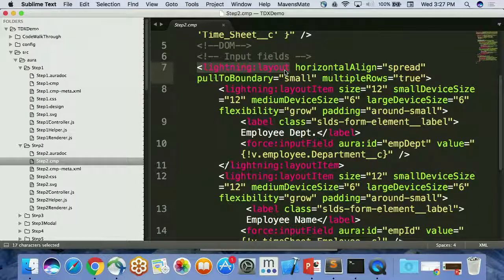So Lightning layout is a standard component that we provide to build and position your UI without you having to worry about where it goes. It will be responsive by itself. It uses Lightning Design System classes by default, and you don't have to even invoke those classes. Just use Lightning layout, and whatever you put as a Lightning layout item. For example, in this case, I put a Lightning layout item of a certain size, and within that,